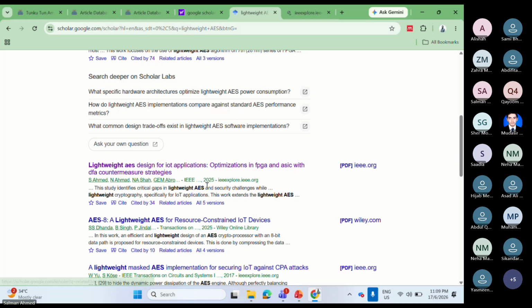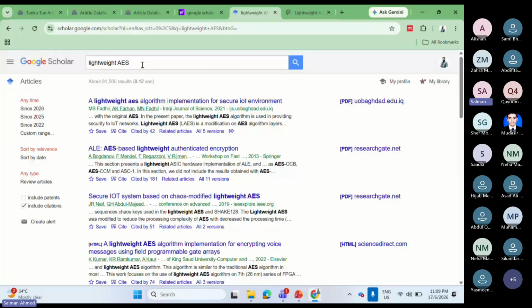In lightweight AES, when I write this, I can find the papers covering lightweight in these areas. You remember I was telling you about the PRISMA methodology. Here we can implement that PRISMA methodology.